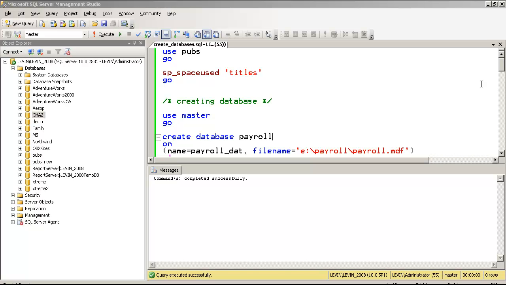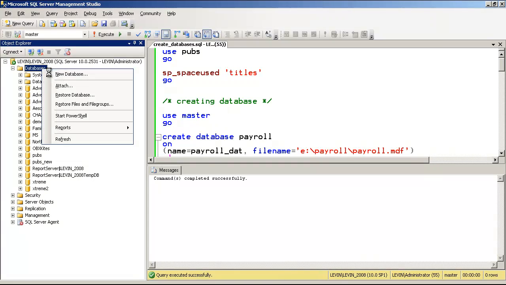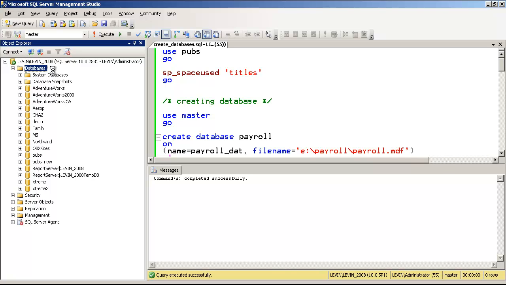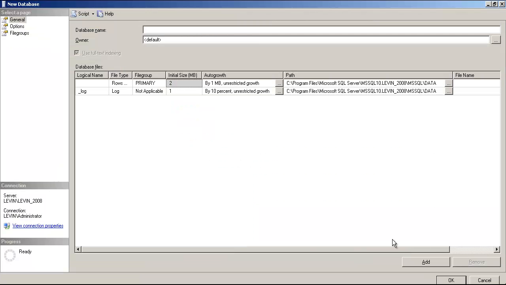So let's create a database. Let's start with creating a new database. Okay, there we are. It is showing us the logical name, and there is a primary, which is the MDF file name. If I give a name here to the database, maybe I'll give it as sample, you can see here that a log file name has been added. The sample becomes the logical name. I can name the file if I want. I can say sample